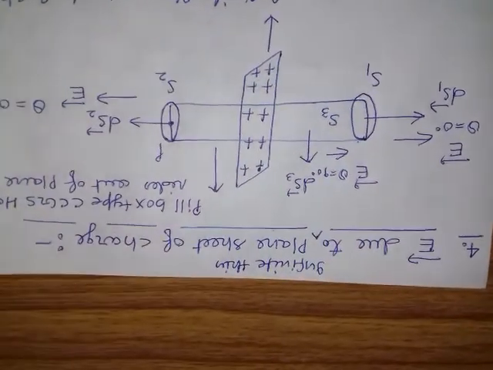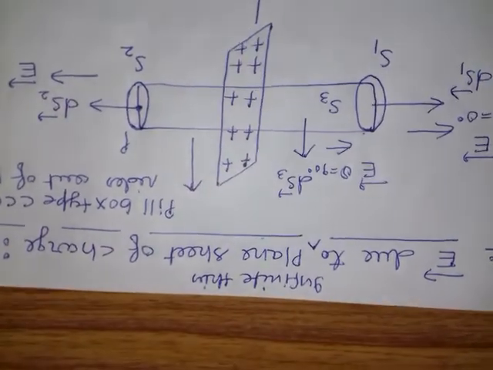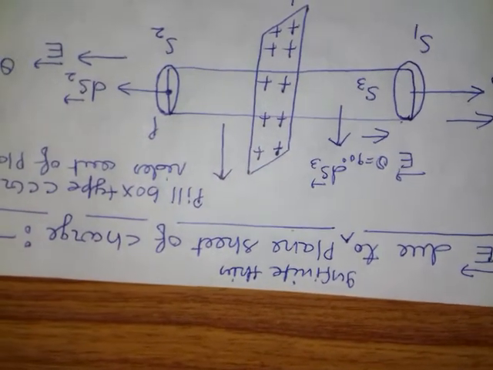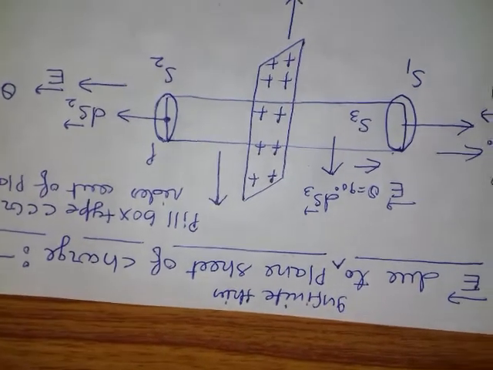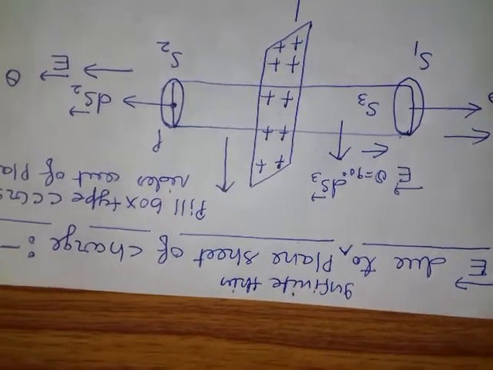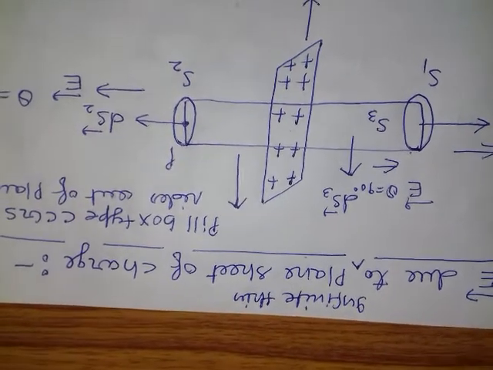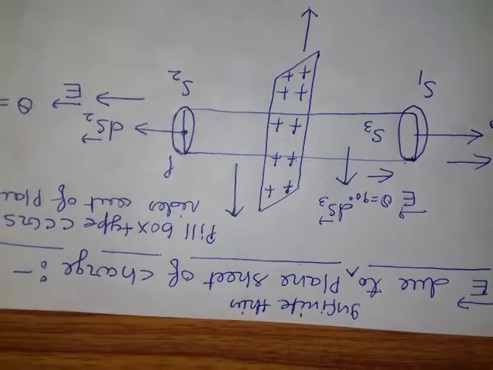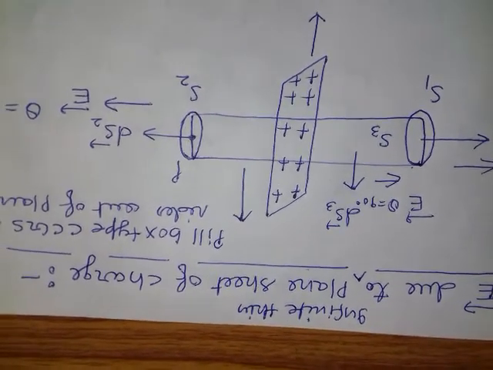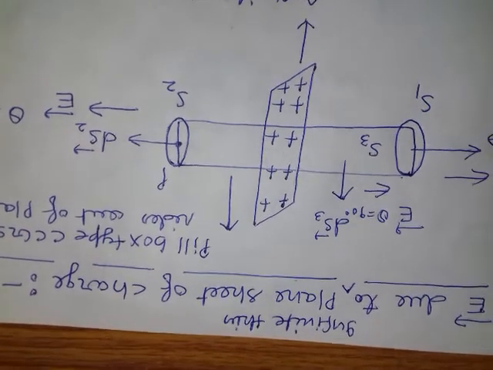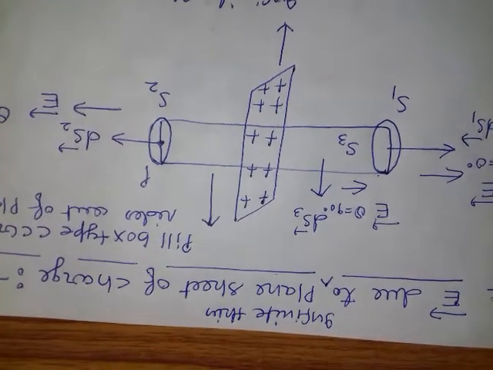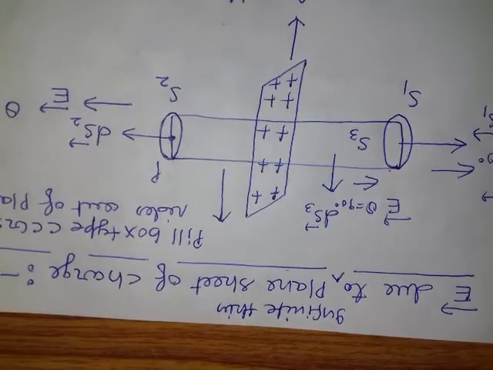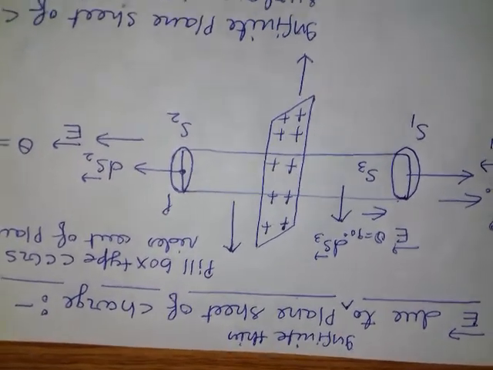Now the next derivation is the electric field due to an infinite thin plane sheet of charge. An infinite thin plane sheet of charge is just like your आम पापड़. You see the आम पापड़, okay. आम पापड़ is made of very small thin plane sheets. So an infinite thin plane sheet of charge means any one thin sheet of आम पापड़, like that you can see.